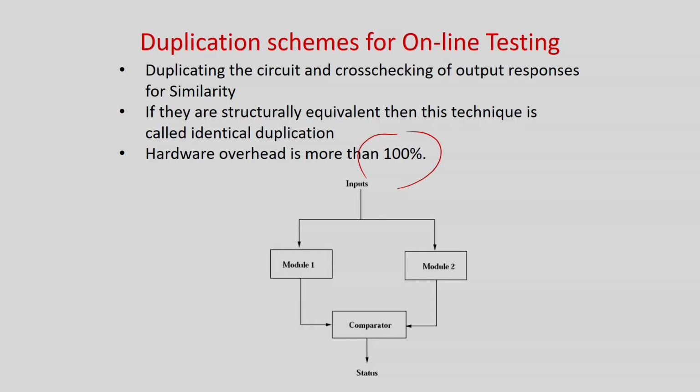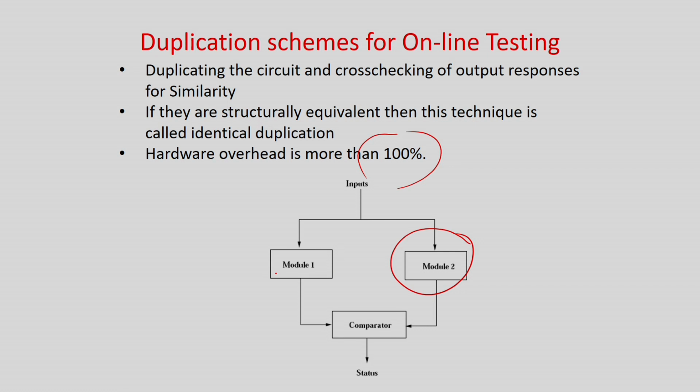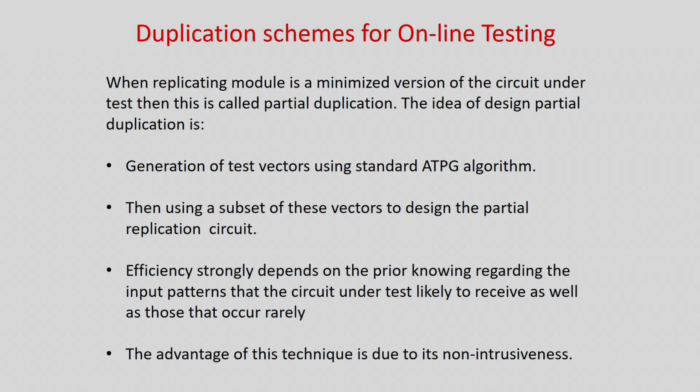So that means, in coding theory also, I am compromising on the fault coverage and detection latency. I will cover more on detection latency later, but still there is a compromise. So why not make this module, instead of a 100% replica, a 10% replication? Then only for the very important parts of the circuit which are required to be tested, I will make a very small replica. Error detecting code also compromises. So they call it basically partial replication.